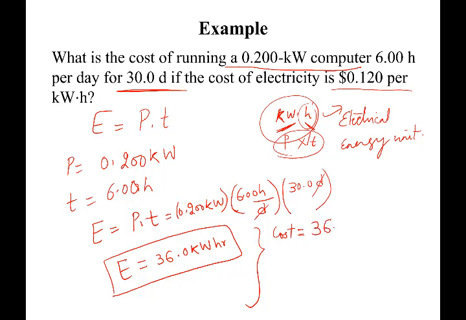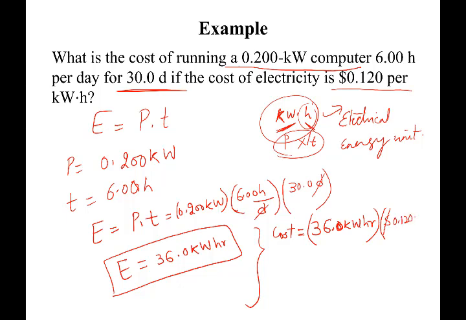So this is simple math that you would calculate, since you all must be paying your electrical bills, and it's a good way to know what you're getting billed for. 36 kilowatt hours was the energy that your computer consumed for 6 hours per day, for 30 days. Now if I multiply it by the price, that's the dollars,